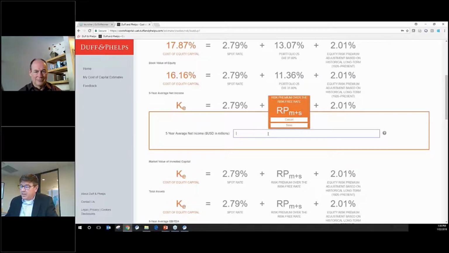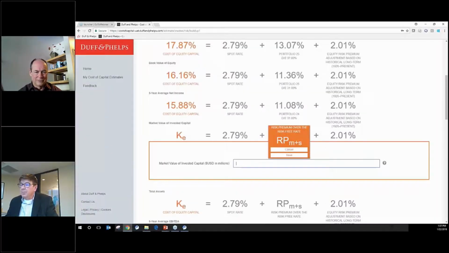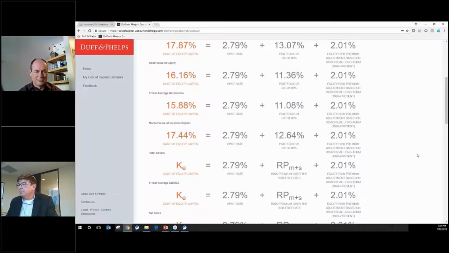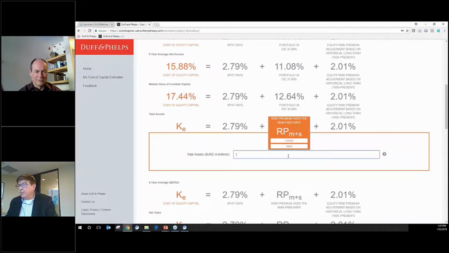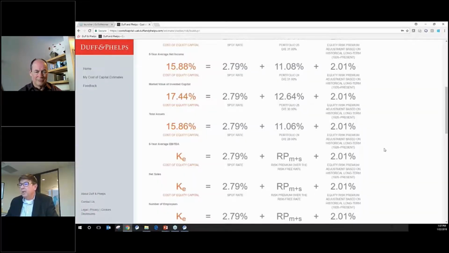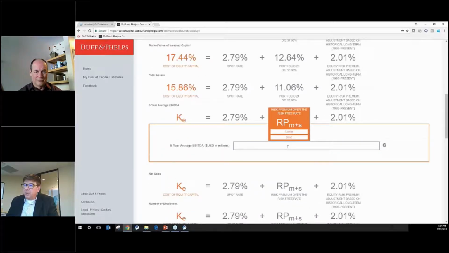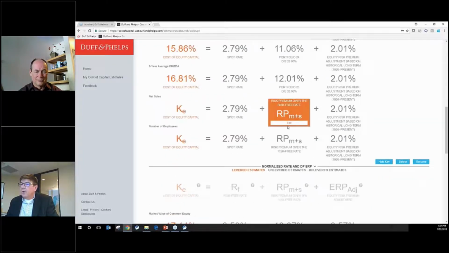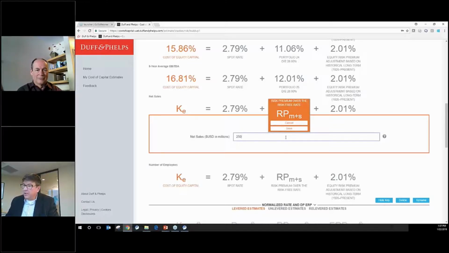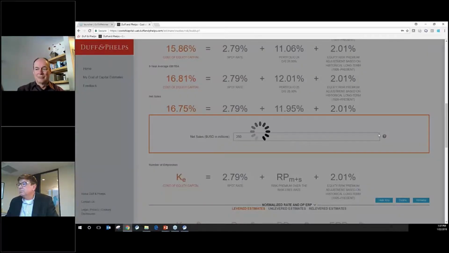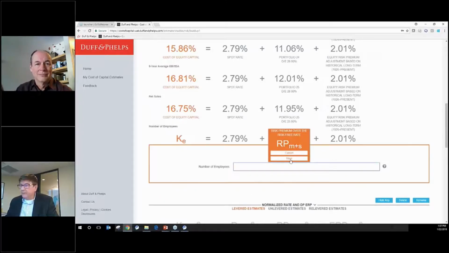For 5-year average net income, which is another measure of size, 10 million. 180 million for my market value of invested capital, my MVIC. I'm going to put in 300 million for my total assets, another way of telling how big a company is. 30 million for 5-year average EBITDA. 250 million for net sales. And I've got 200